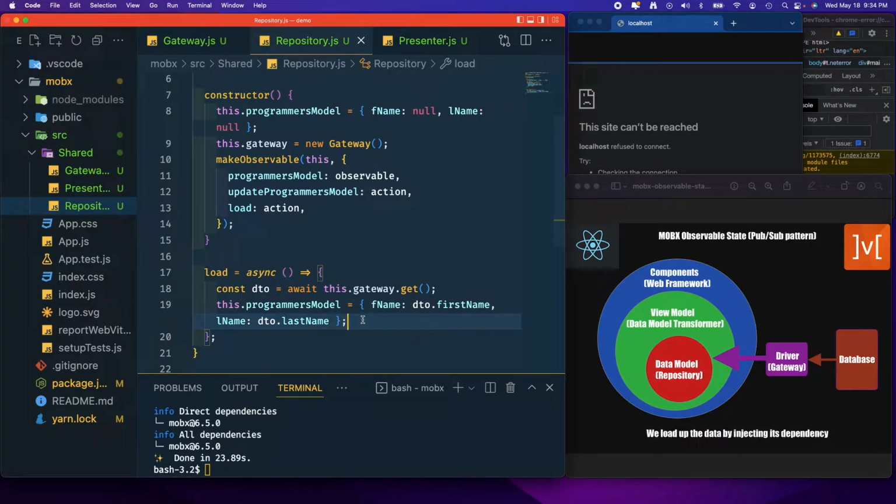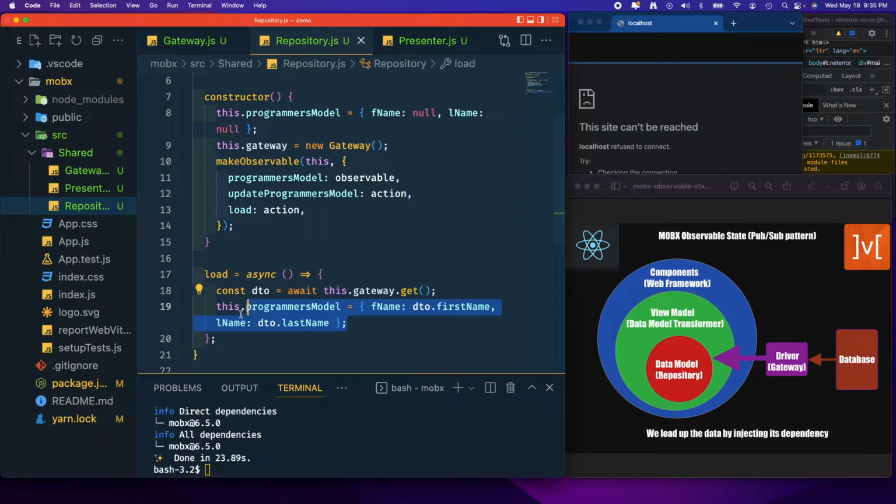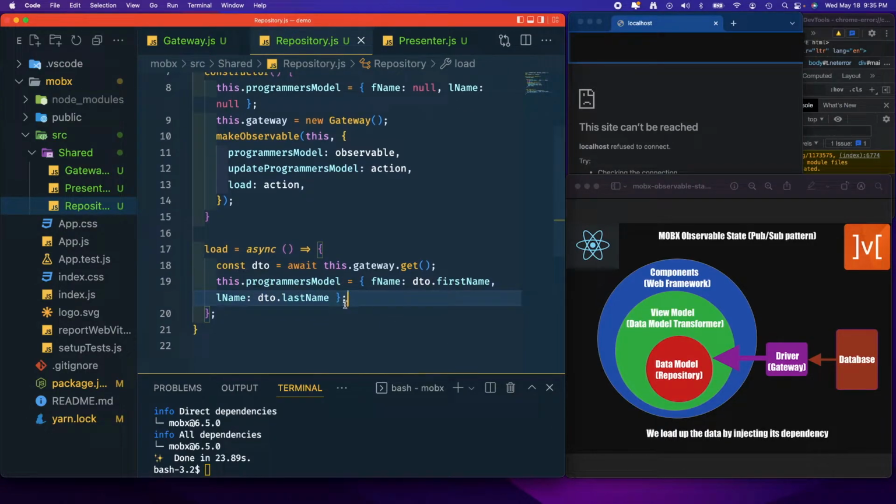So this is a little bit of an extract. This isn't a straight extract. This is a transform. Well, this is a transformation, and it is also a load too. So it's like ETL happening right here. All right, so that's for load, and this will happen one time initially when you start the app, and then we'll update. Yeah, we'll have an update programmer's model,